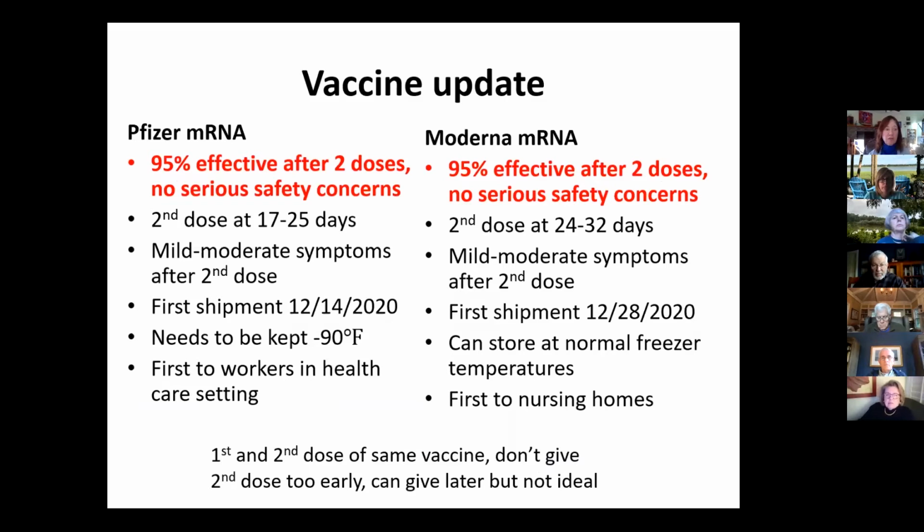They differ a little bit in the timing. You give the second dose for the Pfizer vaccine about 3 weeks later, second dose for Moderna about 4 weeks later. There is some wiggle room in exactly when you can give the second dose. Both of them do induce mild to moderate symptoms after the second dose, aching at the site of the vaccination. Some people will get some swollen lymph nodes in their armpit after the vaccine, aching all over, fatigue, maybe fever. But for both of them, it lasts maybe 1 or 2 days.